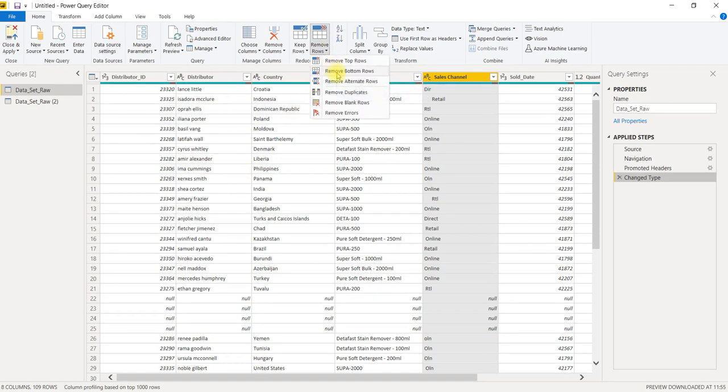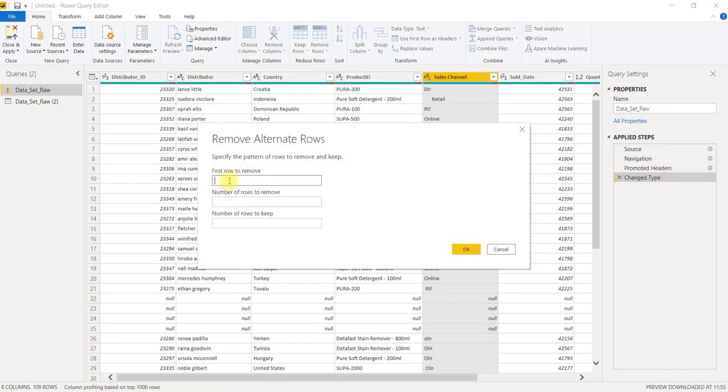Similarly, you can remove bottom 10 or 20 rows if you would like to delete them. And remove alternate rows: for example, this row will be deleted, the next will be kept. In remove alternate rows, you can say first row to be removed, number of rows to be removed, and number of rows to keep.